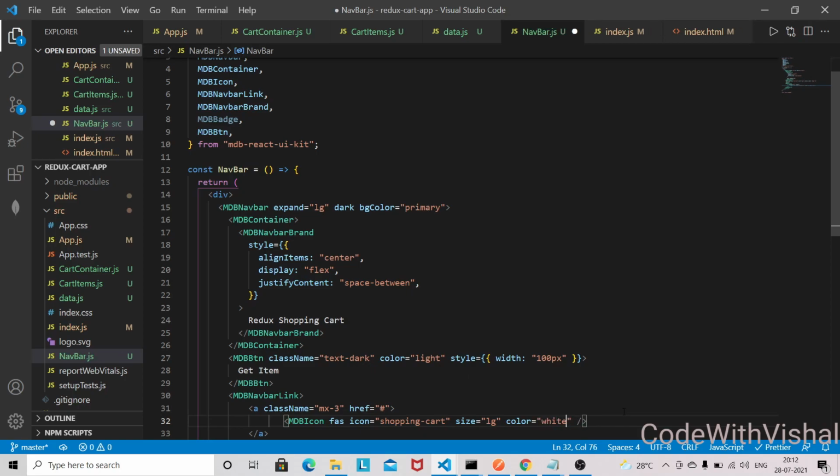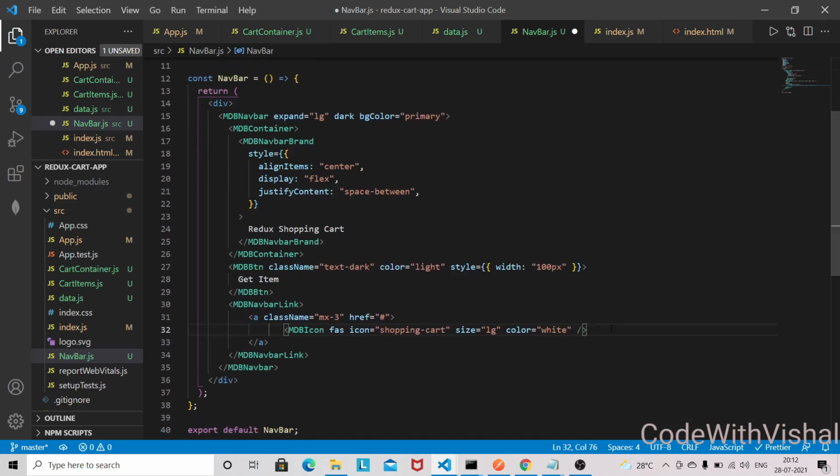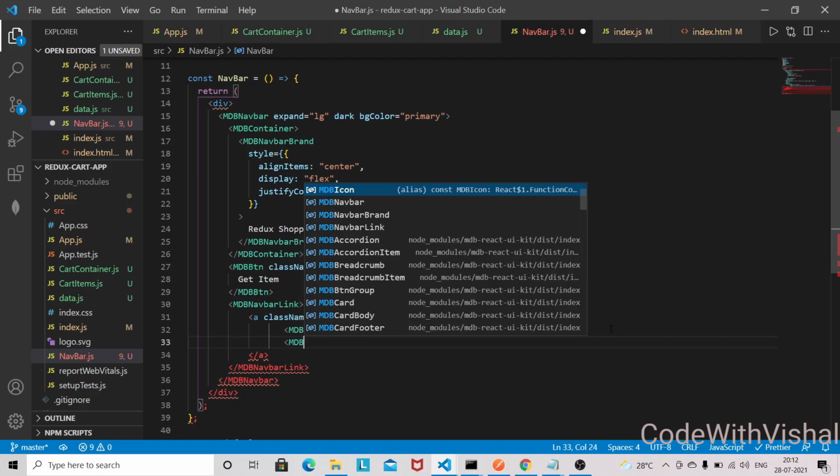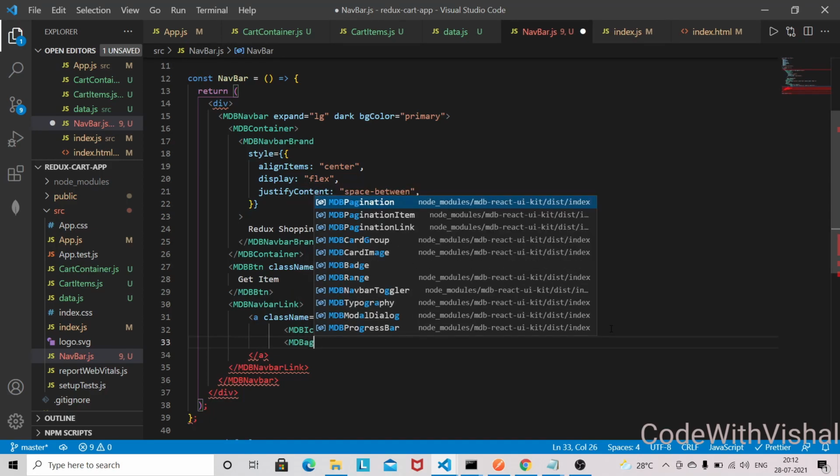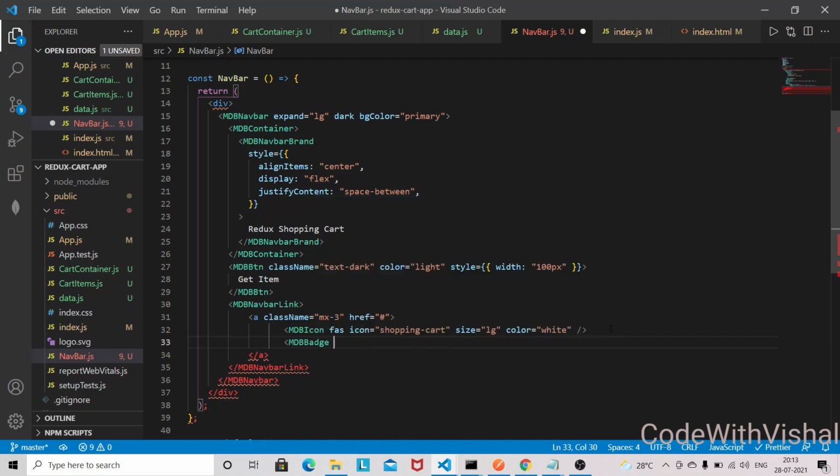Okay, and we'll have the badge as well. So in the badge we are going to show the count, so how many items we have in our cart. So for that we are going to use the badge, MDBBadge, and as of now we have not implemented the Redux, so let's give some static value here, and just pass these props.